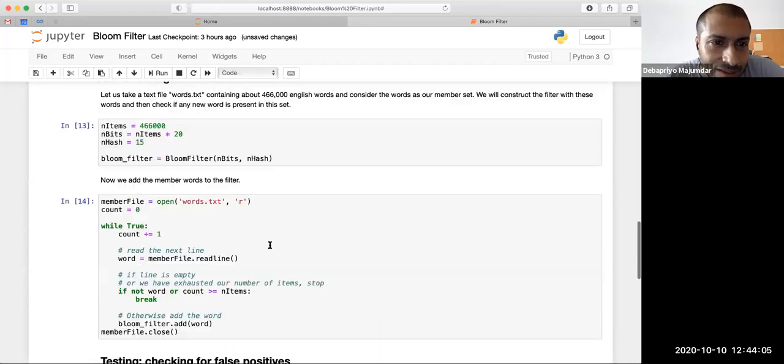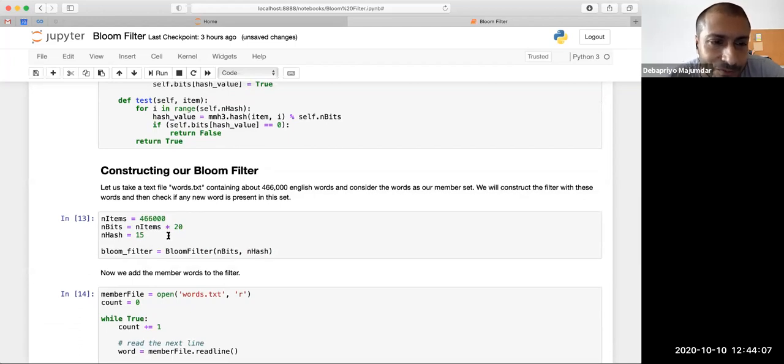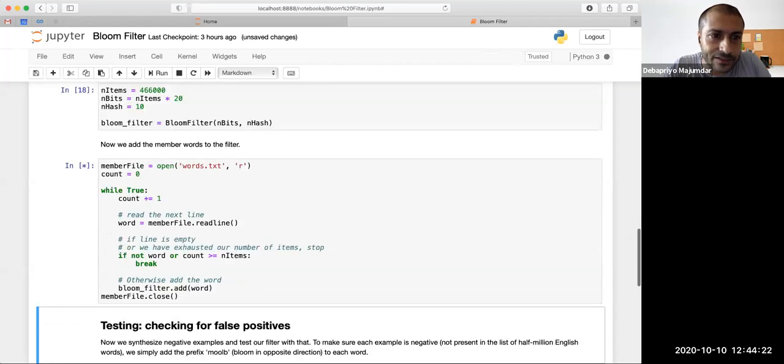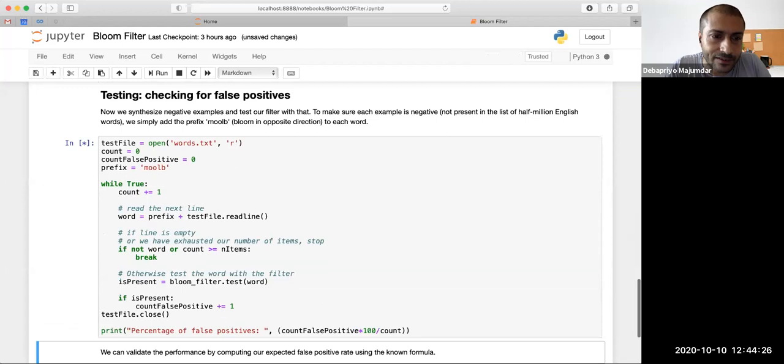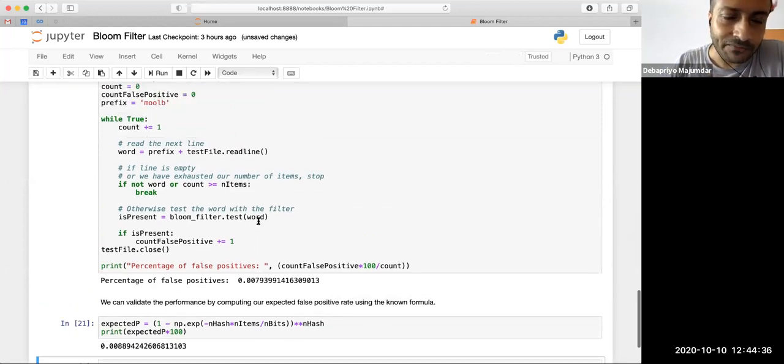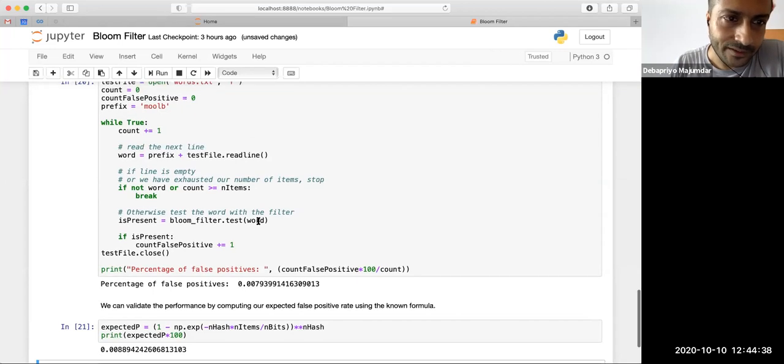So what suffices is if you take the number of bits to be around 15, 20 times the number of items, then even with a small number of hash functions, let's say even 10, which will make it faster, you can do pretty good. So 007, 005, and now 008. You can achieve an excellent error rate.